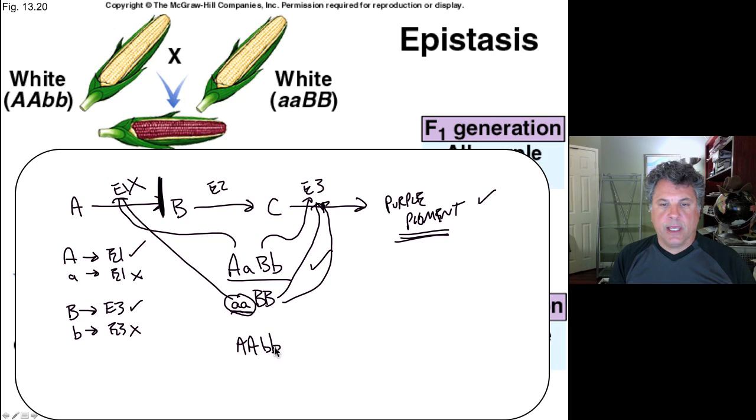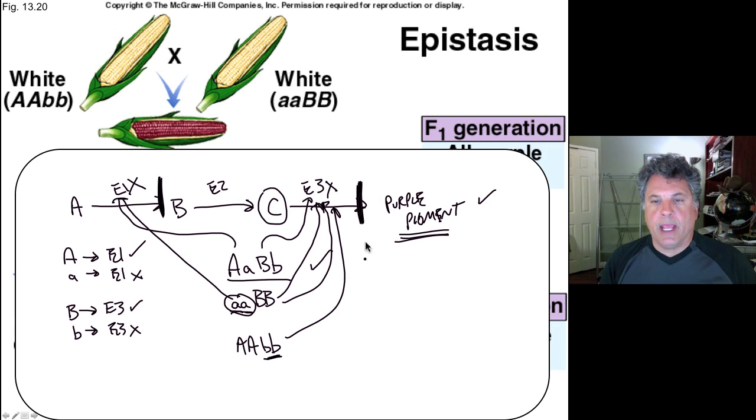In this case, the little b alleles would produce non-functional enzyme 3, and this step in the biochemical pathway would be blocked, and you would see a big accumulation of compound C because this step would be okay, this step would be okay, but the final step would be blocked due to non-functional enzyme 3 being around, due to the lack of a large B allele, which would encode functional enzyme 3. And therefore, you would see an accumulation of compound C here, and this biochemical pathway would be blocked, and you would get no purple pigment, and you would have a white phenotype.